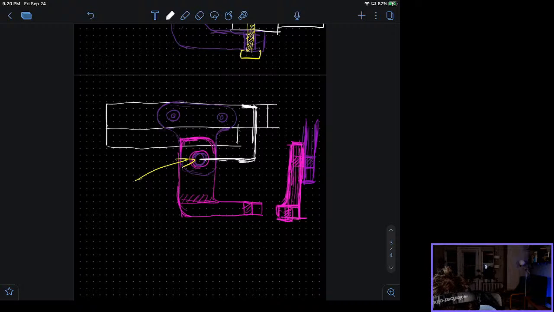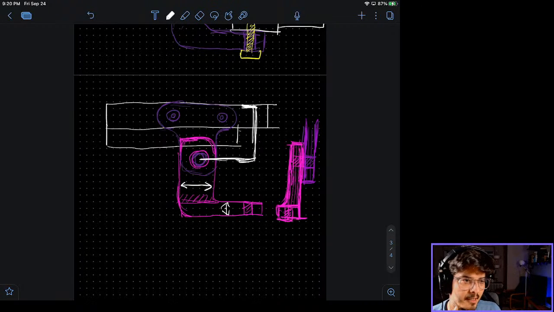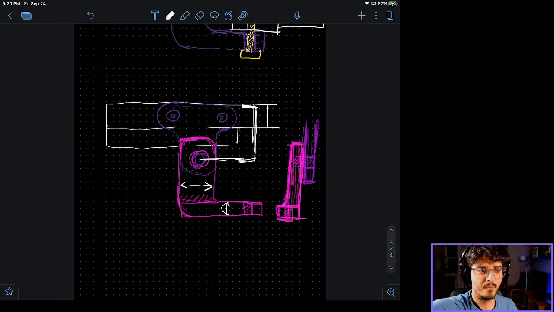This measurement here is something I can arbitrarily figure out. That's not a problem. It just has to be sufficient for the screw. And then the same thing with this thickness here. Again, an arbitrary number. I'm thinking like 5 millimeters is going to be good enough. I don't see why it should be anything more than that, or less. I don't know.